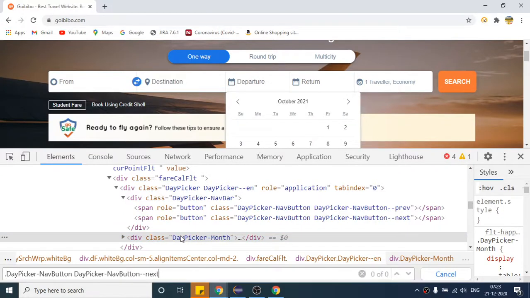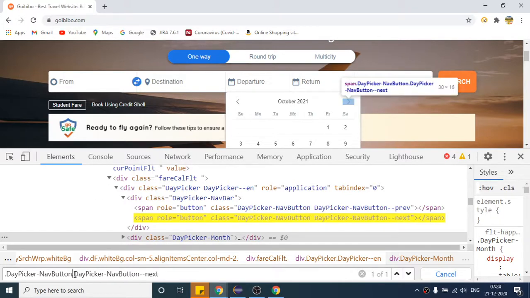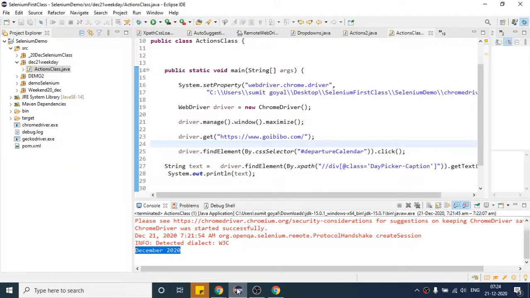This is not working because your class is having space. I think we already discussed, if your class has space, replace the space with a dot. Now this is nothing but CSS, a shortcut one I am using. So one out of one element matching, and I can copy the CSS.